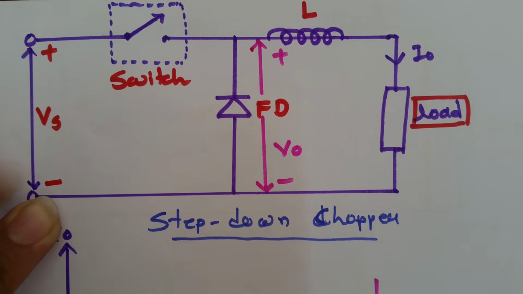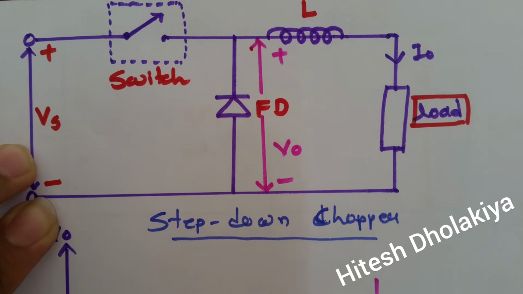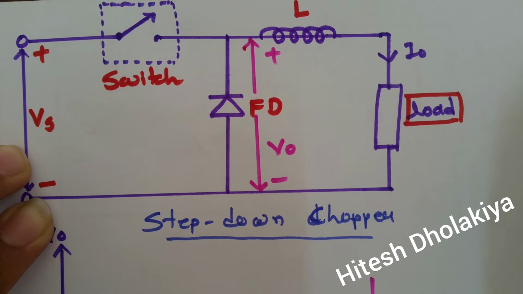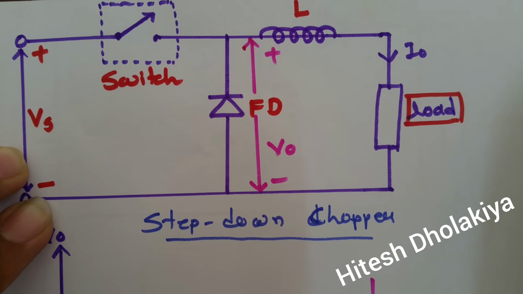In this session, I am going to explain step up and step down chopper. Before I go for the explanation of what is step up and step down chopper, I'll explain what is a chopper. A chopper is a basic circuit which is used to convert a DC signal to a DC signal. In some applications of power electronics, there is a need for conversion of DC signal to DC signal,